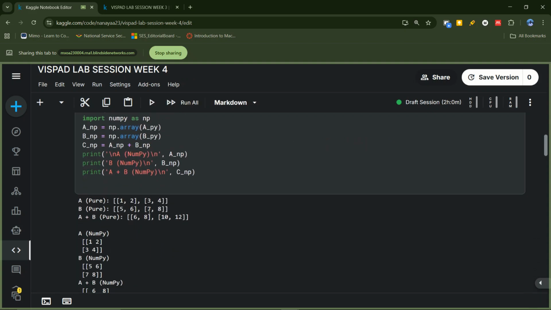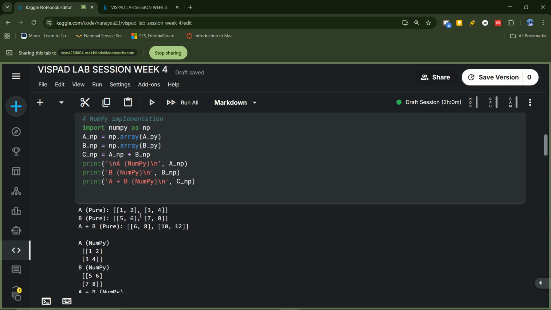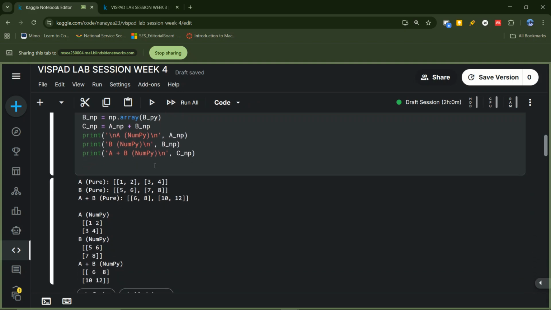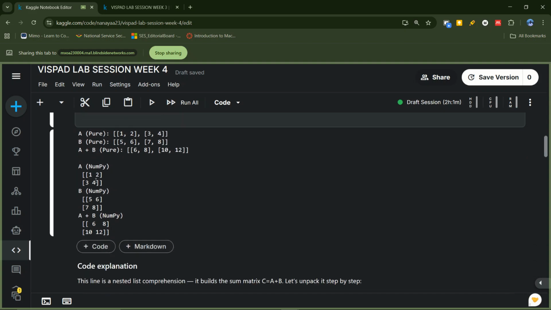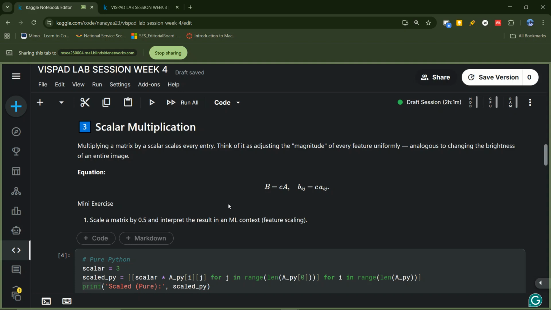So this has given you the answer. Then we have NumPy, which tries to represent it ideally as a matrix. NumPy arranges it like a matrix and stacks the columns for you. That is why sometimes people prefer to use NumPy as compared to just typing the whole Python list, because sometimes it can be confusing. Great. Then the next concept is